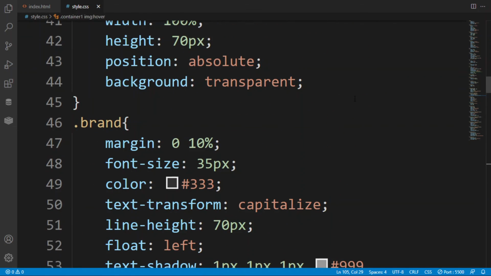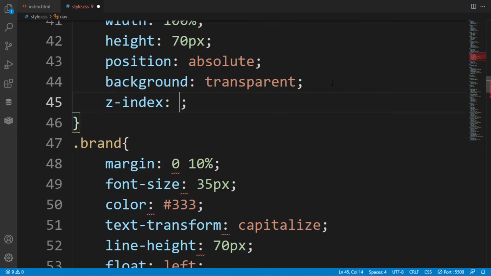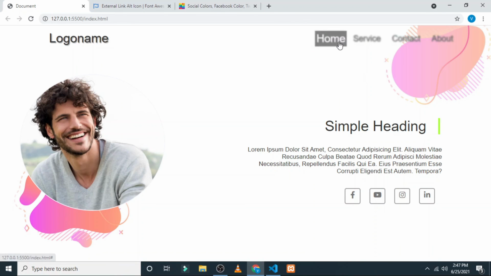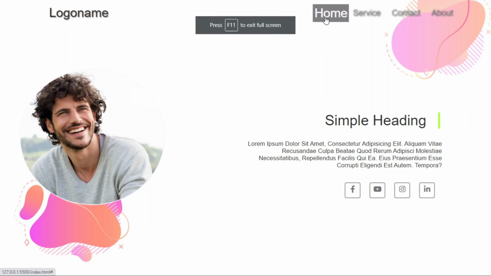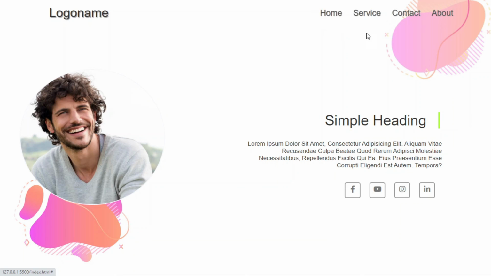Here there is something remaining, which is z-index, because all the things are at the end. So here all the things are working perfectly. As you can see, when I hover the list item, there is an increment on that particular one, and the other list items have a blur effect. After this, as you can see, this effect is looking nice on this web page, and I am just scrolling it two to three times to see whether it is working. And this is the grayscale effect.